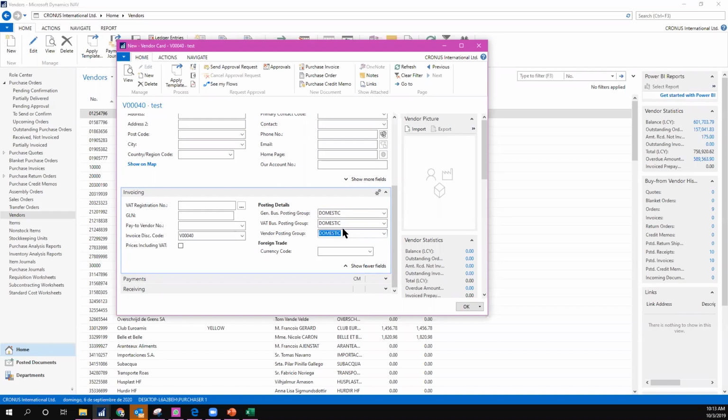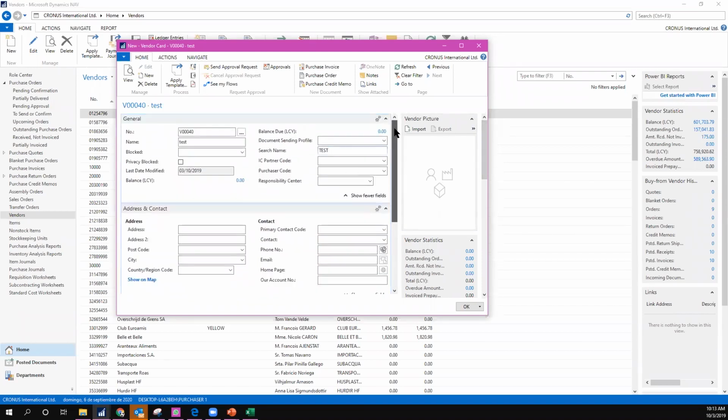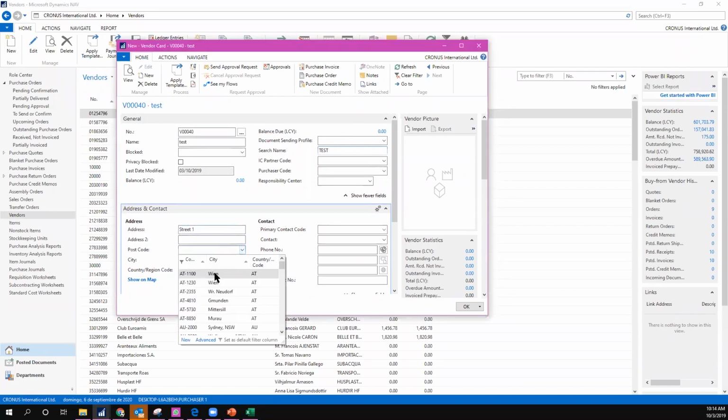So these are my domestic vendors, and you can generate templates so all different fields can be completed automatically. This is a feature in this version now and in Business Central that you can use. And let's say that you include the different information, street one, and you can include the postcodes and so on. This is in Austria, and you can include the contacts and so on,